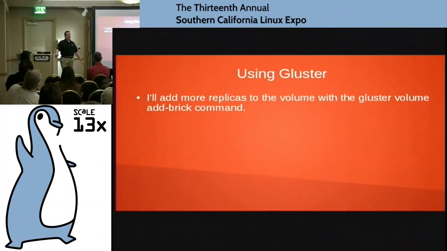I talked to the head of a broadcasting company's IT department, and he said, all we do all day, every day is generate these big files: MP3s for podcasts, video files for TV shows, web content, all this craziness. He said, every time I have to get more storage, it takes an act of Congress. I've got to go fight with the storage team. It's just this horrible experience. Are you really telling me that I can go grab one of these crappy Dell boxes that have been obsoleted by our current workload, but we've got pallets of them downstairs, and slap a bunch of disks in and grow my storage? And I said, absolutely.